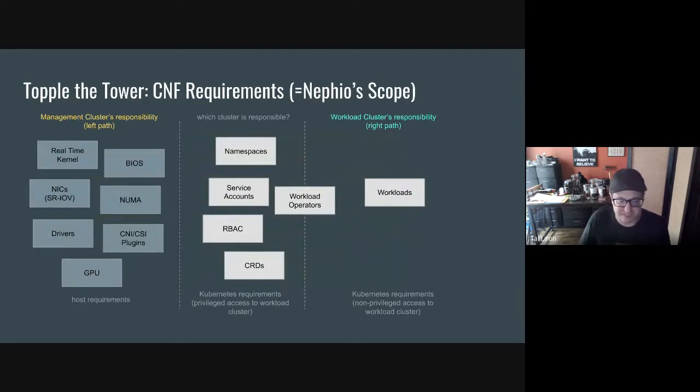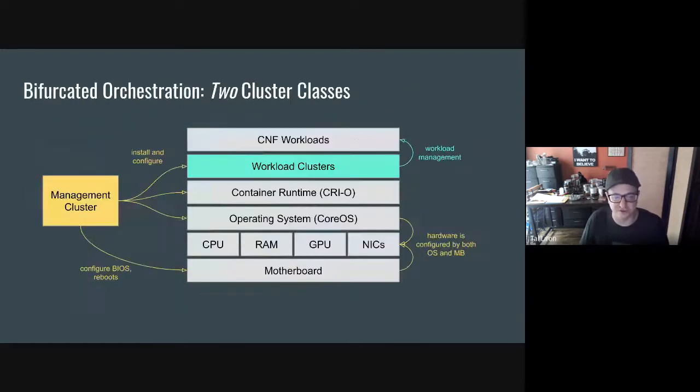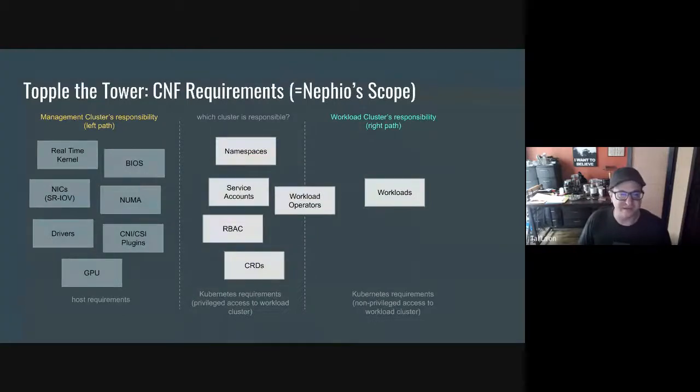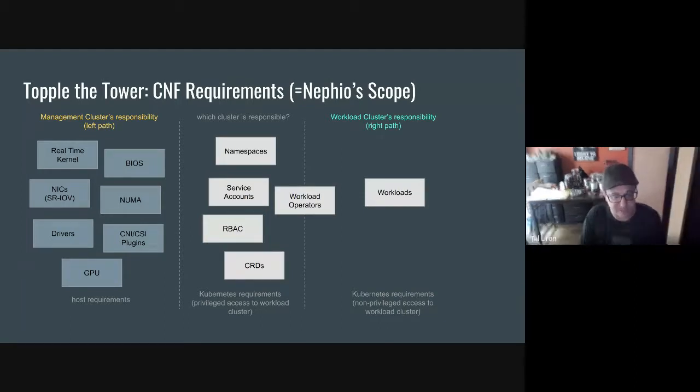Now, if I was good at presentations, I wanted to show an animation. So imagine this tower, the CNF tower here in the middle, that I'm pushing over like a Jenga game maybe, and toppling it. And then all the pieces here are going to be jumbled on the table. So I toppled the tower. And then I take all those pieces, and now I'm saying, okay, I have these puzzle pieces, which are basically all the requirements of the network function. And now I'm trying to organize it into left path versus right path. What belongs in the management cluster? That is, what has to run there to take care of that responsibility, that requirement,